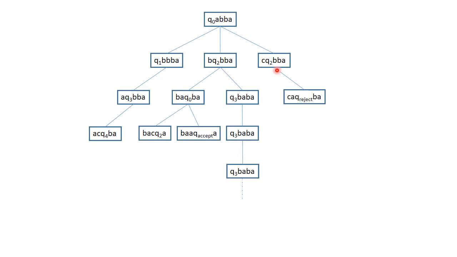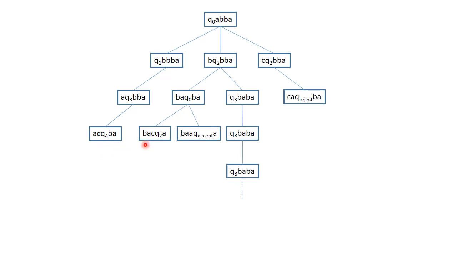For this configuration, for example, what happened is that this b changed to an a, the head moved to the right, and the Turing machine entered q reject. Now remember, once a Turing machine enters its reject state, it halts. So there are no next configurations here. Now this one has a next configuration, corresponding to moving to the right again, changing the b to the c. For this one,